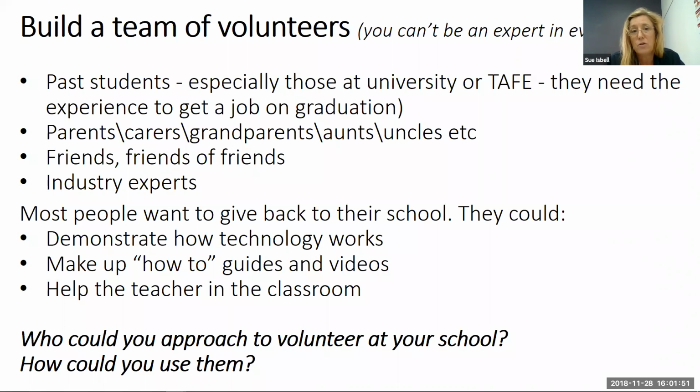Sometimes that extends to part-time paid work as well. Again, you can have parents, carers, grandparents who've worked in the industry or who have skills who are willing to come in. It might only be a couple of hours after school one day, or an hour after pickup. But what I find is that most people do want to give back to either their school or their student's school. It might be demonstrations. They could even do up some how-to guides or videos,